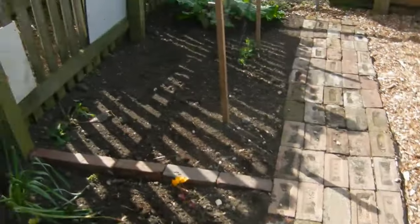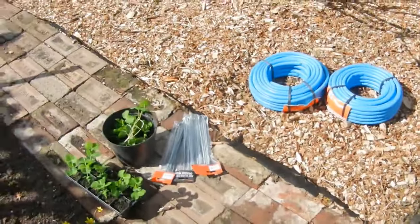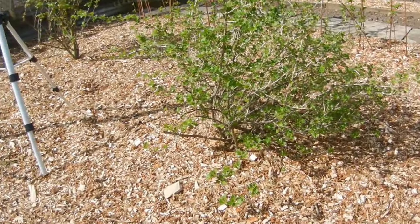Brought some peas up to go in as well. We're going to have a cold couple of nights though, looking at the forecast. But I think the peas will be alright, but everything else is going to stay at home for now and get moved back into the greenhouse for the next couple of nights. So, but yeah,